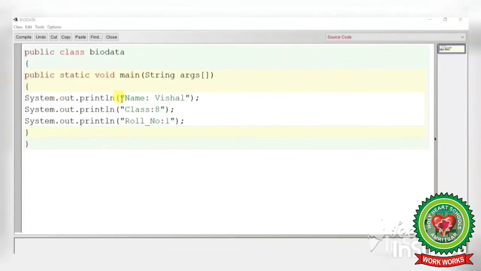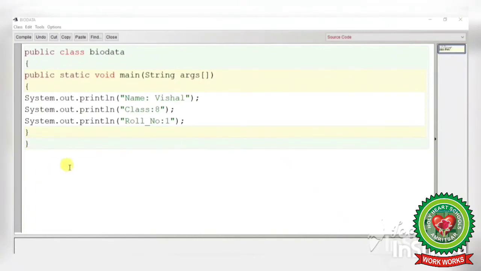System.out.println. This statement is used to print any message or result on the output screen. Any text written in double quotes is printed as it is on the output screen. If you want to give any value, that should not be in double quotes. So here I have written 3 messages, and after writing the messages, close the corresponding braces. We have opened 2 braces and here we are closing 2 braces. So this is the full structure of a program.